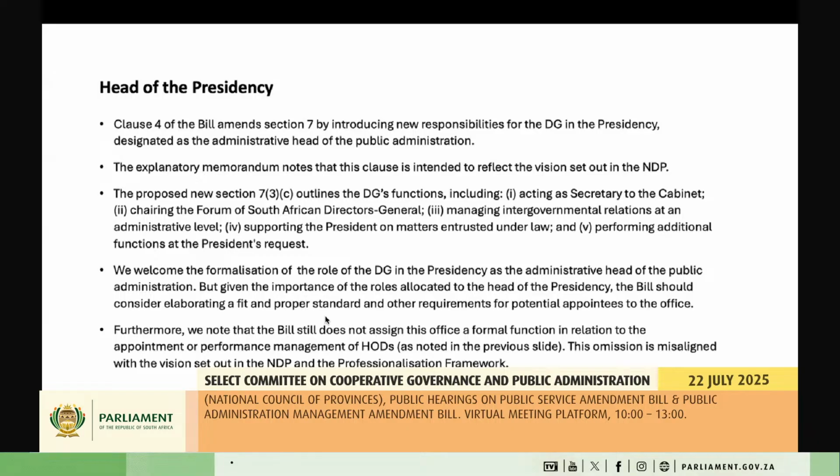So as I've just mentioned, we welcome the fact that the head of the presidency, what's referred to as the head of the public service in the NDP, has been formally